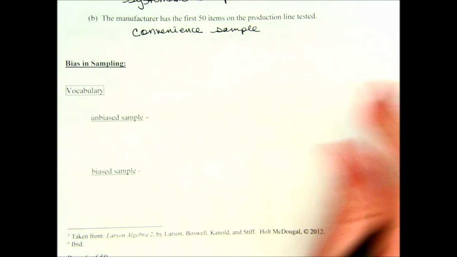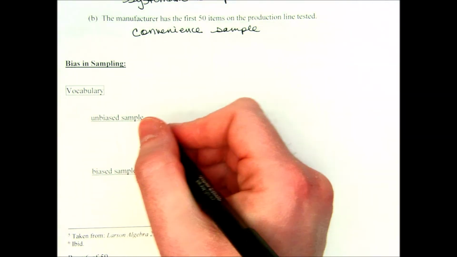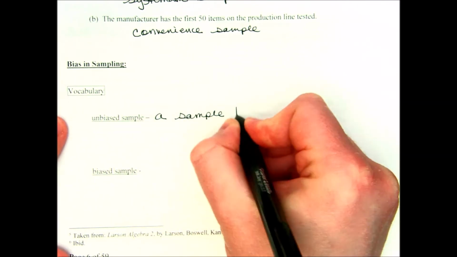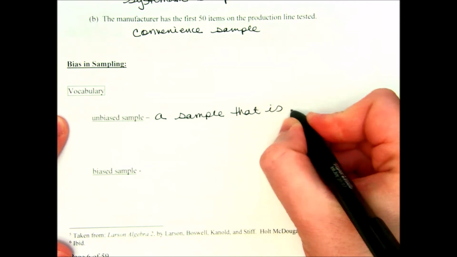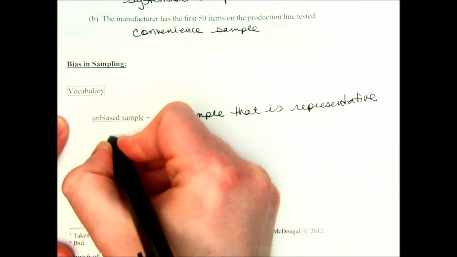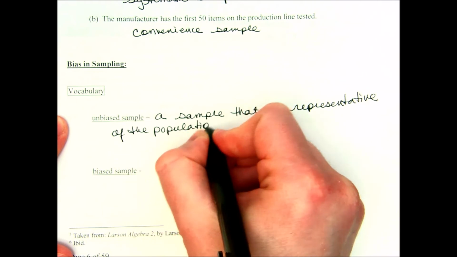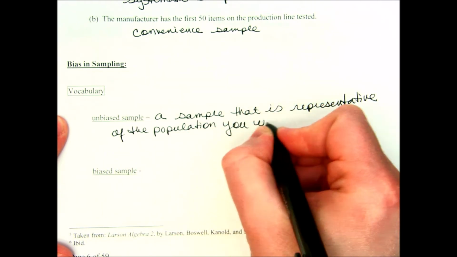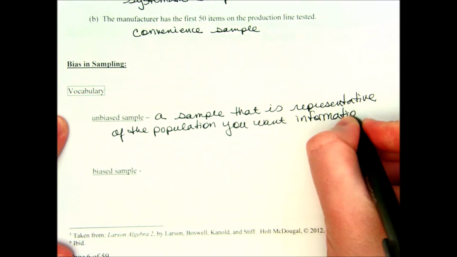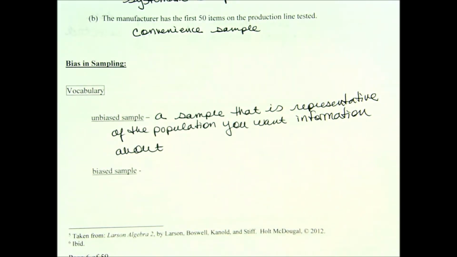An unbiased sample is a sample that is truly representative of the population you want information about. An unbiased sample is a sample that's representative of the population you want information about,